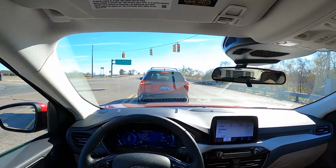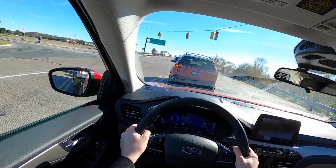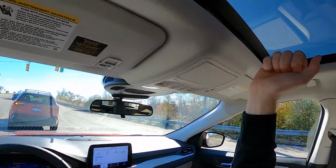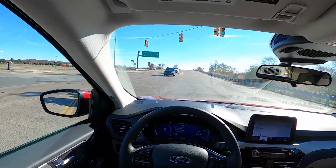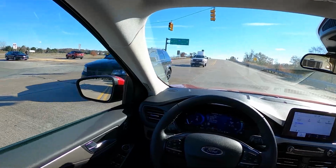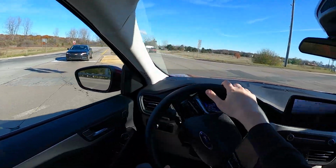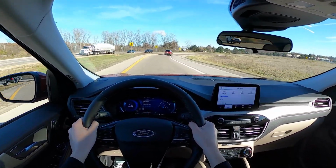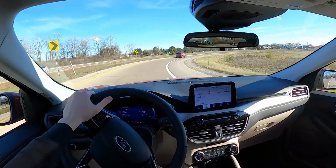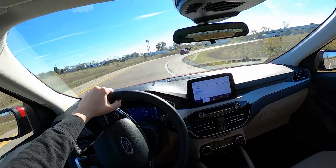Yes. And there was something in the Escape, right up by the headliner, that was making noise on the highway, vibrating. Why were they? Well, they let you go, but they don't like the other red SUV. No, I think they were just texting. Okay. All right, here we go. Either that or it's a Dodge Journey and they put it in drive and nothing happened. Yeah. Oh! No, this is...